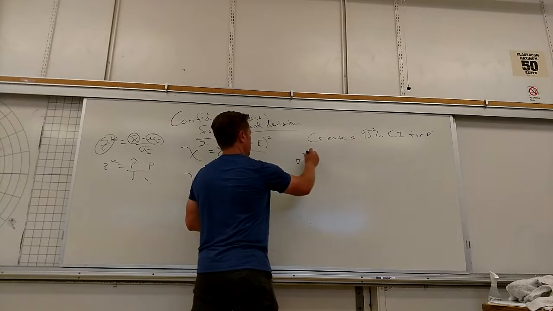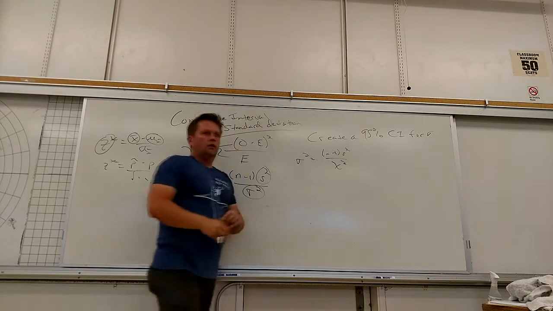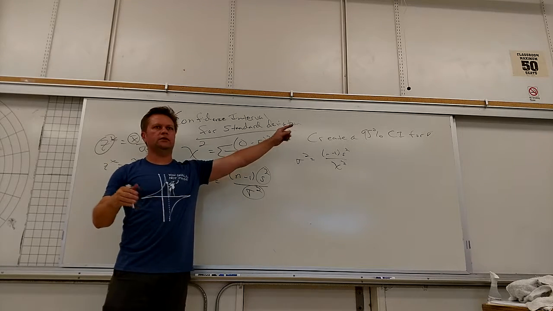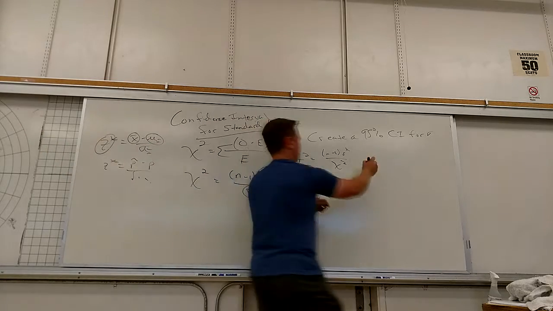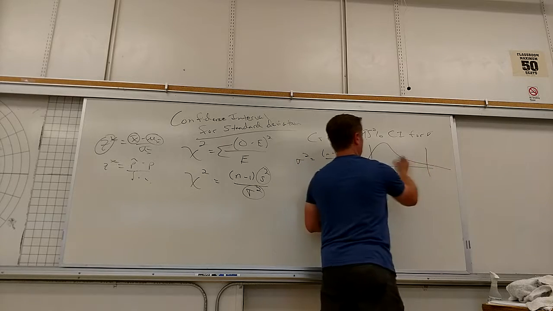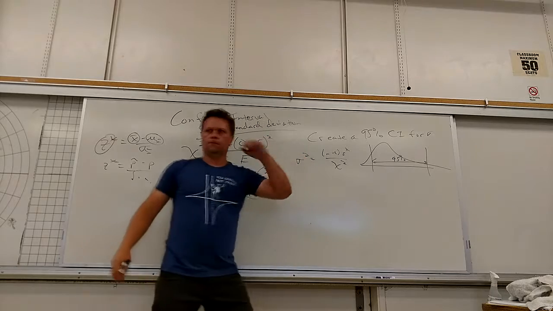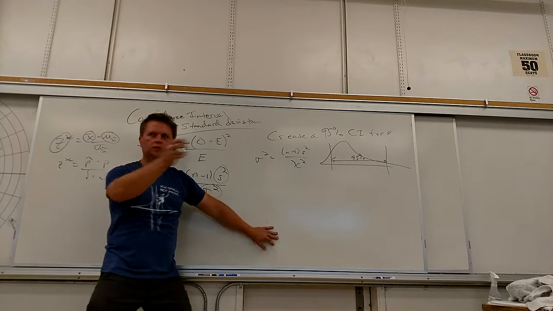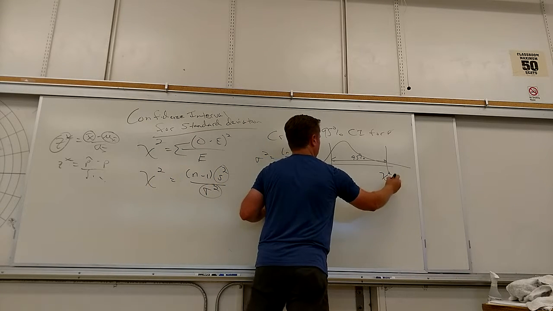So then I know sigma squared equals n minus 1 times s squared over chi squared. Now here's where what you asked for comes into play. If I want a 95% confidence interval, then I want to go up and down in the chi-squared chart, so that there's 95% in here. This is what I was talking about when we first started talking about the chi-square distribution: the idea of the chi-square small and the chi-square big.